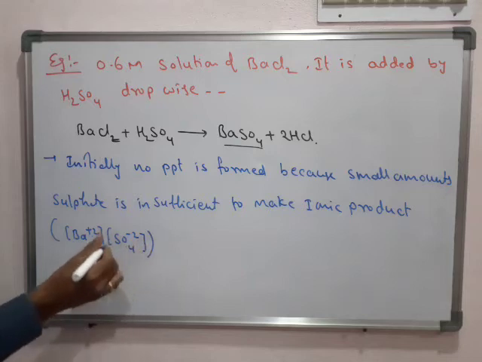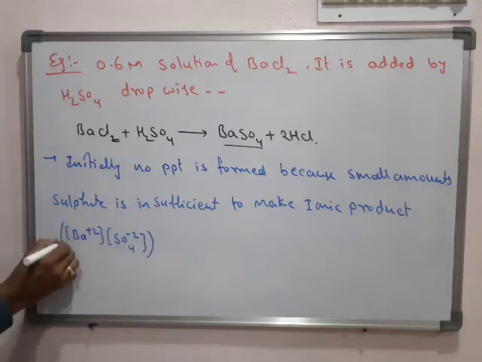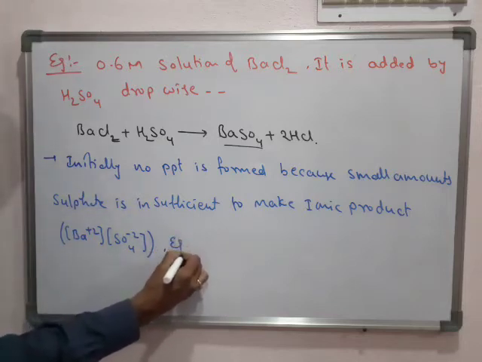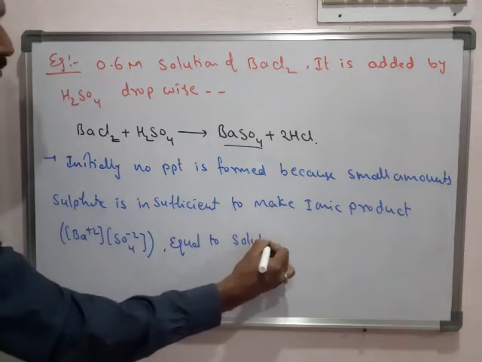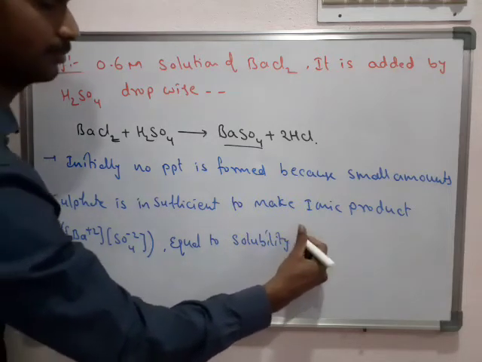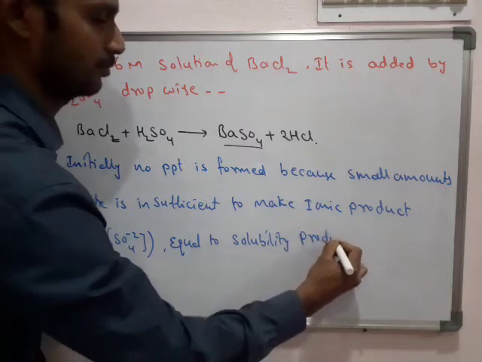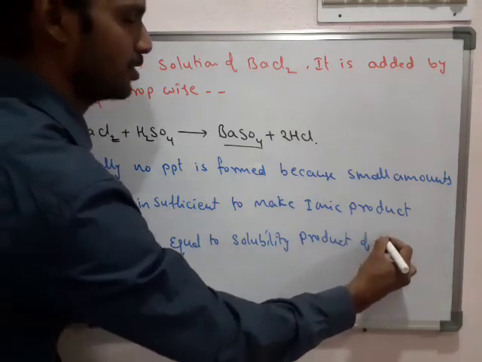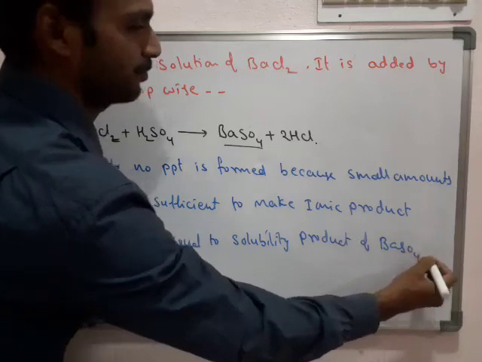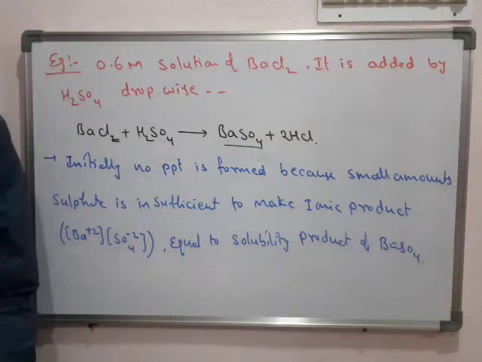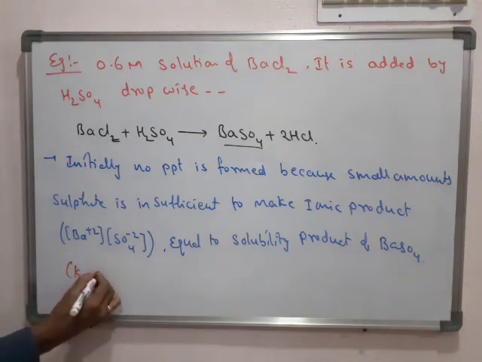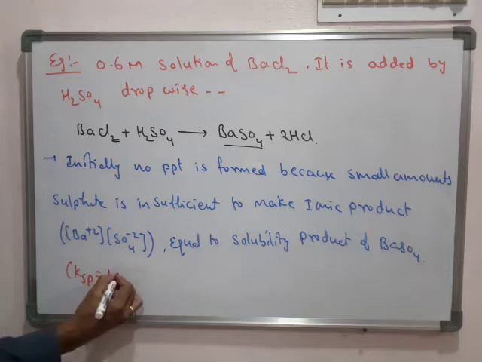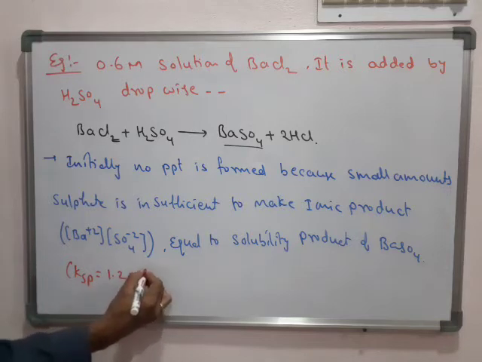This is the ionic product, so it totally depends on the concentration, which is equal to the solubility product of barium sulfate. Its value, KSP, at a particular room temperature is a constant,